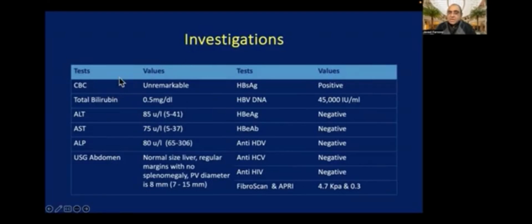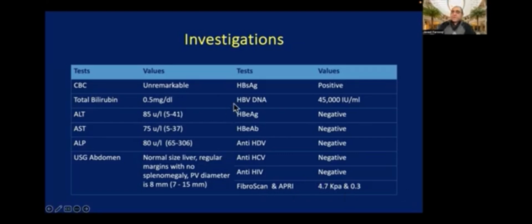Her investigations: CBC unremarkable, total bilirubin 0.5 milligram per deciliter, ALT 85 units, the upper limit is 41, so it is more than 2 times. AST is 75, alkaline phosphatase is 80, within normal range. The ultrasound abdomen shows normal size liver with regular margins and no splenomegaly. Portal vein diameter 8 millimeter; we know that the normal is 7 to 15. She is HBs antigen positive. Her hepatitis B viral load is 45,000. She is HBe antigen negative, HBe antibody negative, anti-HDV negative, anti-HCV negative, anti-HIV negative, FibroScan 4.7 and EPRI is